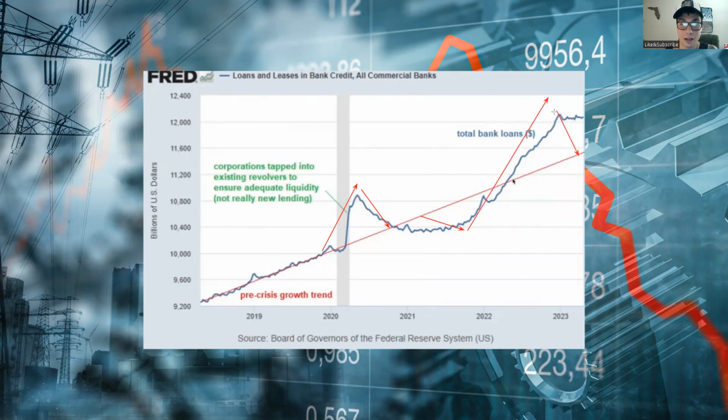And this is the total bank loans we're looking at here in blue. So essentially what we're saying here is that there's a banking crisis going on, and lending standards are going to tighten, and this could contract and come back down, and ultimately be one of the things that help factor into a recession possibly coming in.